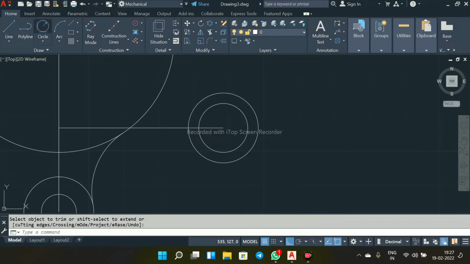Now again go to tan radius. Select this point and this point. Make it radius 10 mm. See, our circle is created between two tangent points, two arc points, and trim it, TR, enter.